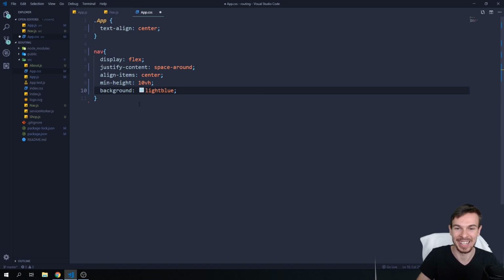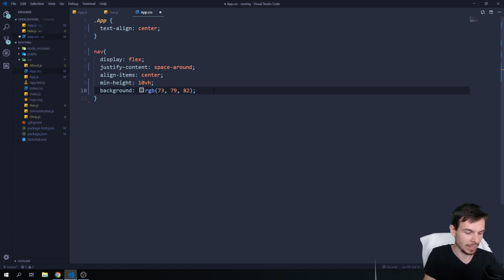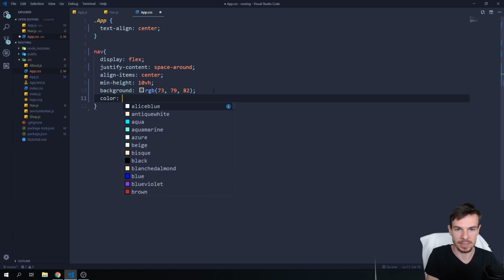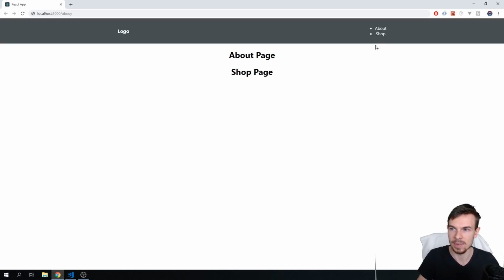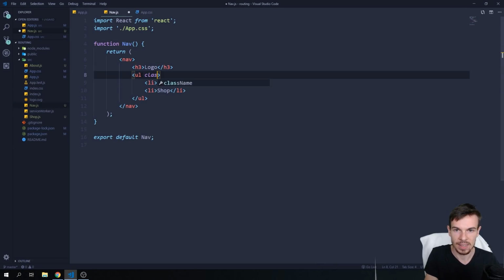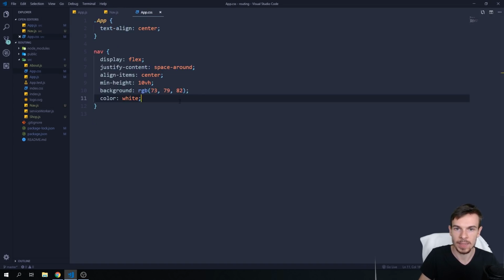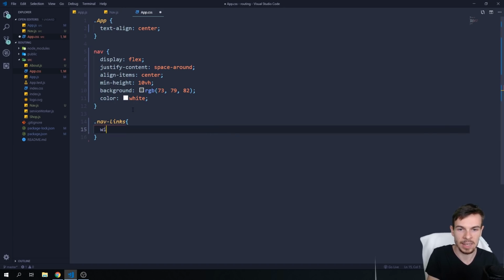Light blue, that's ugly. Let's change it. I want this nice dark bluish color. And let's also change the color to white, because this is a very dark color. Okay, let's take a look. And yeah, that's good. All right, and let's also do this one as well. For that, I'm gonna add a class name to this, nav links. Okay, good. Let's go here, get the nav links, and I'm just gonna add a width of like 50%